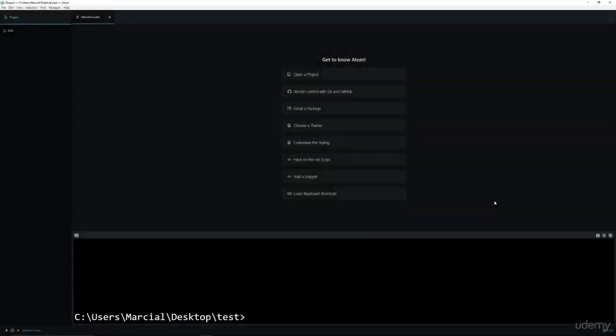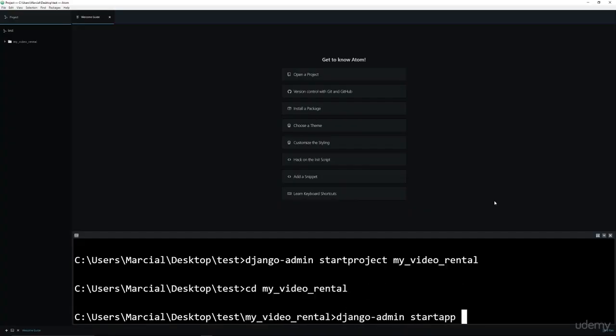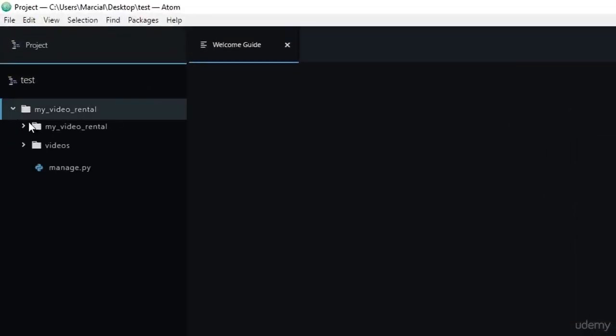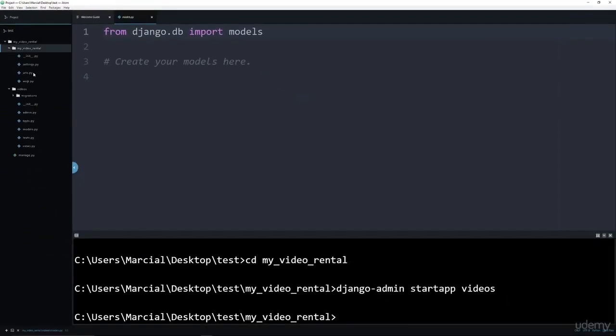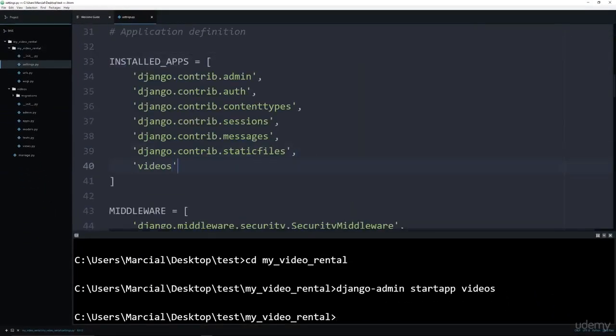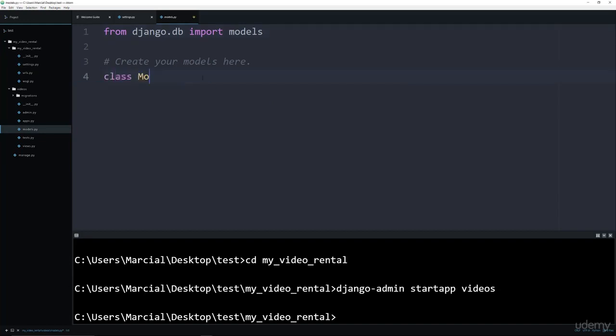Okay, here I am at the Atom text editor, and what I'm going to do is just create a new project. I've gone ahead and created a new folder on my desktop called test to do this in. Really doesn't matter too much wherever you decide to do this. And we're going to call this my_video_rental. We're going to kind of make it as if it's a rental video store website. So go ahead and create that project, and then I'm going to cd into my video rental here,